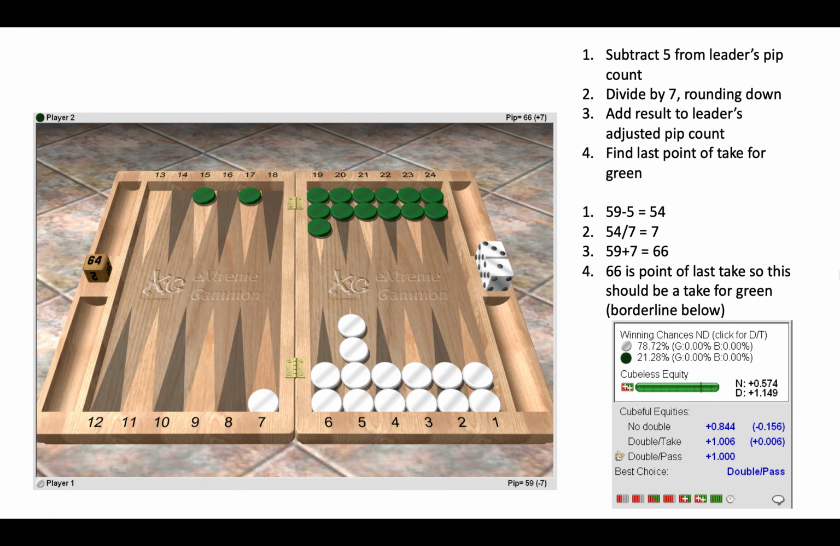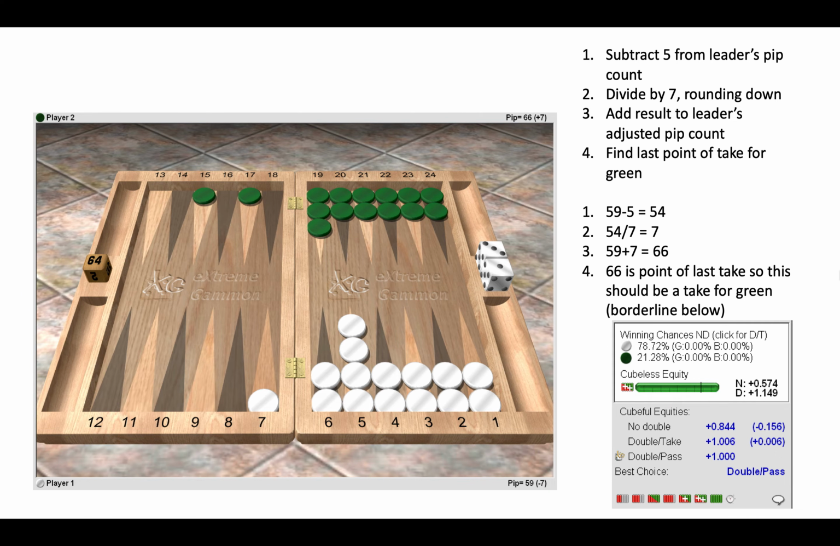So here the pip count is 59, so we go to rule 1, we subtract 5, divide by 7, rounding down, add the result, find last point of take. So 59 minus 5, 54, 54 divided by 7, then we have 59 plus 7, for leader's pip count plus 7 is 66. So 66 is the point of last take, so this should be a take for green,